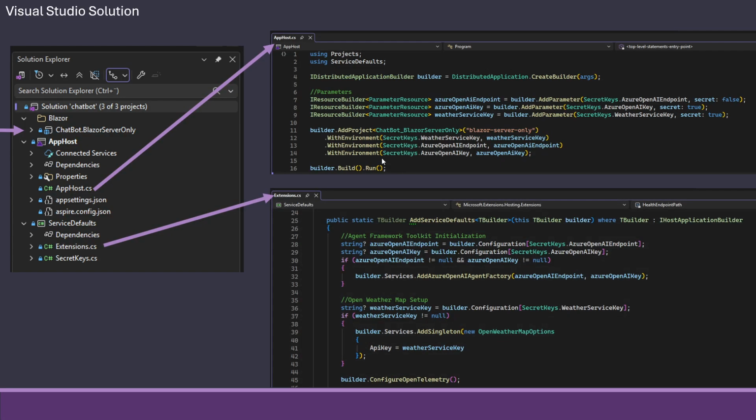And then in service defaults, we are doing the baseline things that all the different backends are gonna use. So we're using the agent framework through my toolkit that I have. So we can spin up an agent factory.